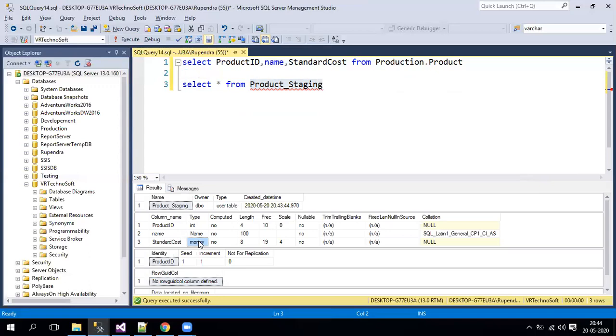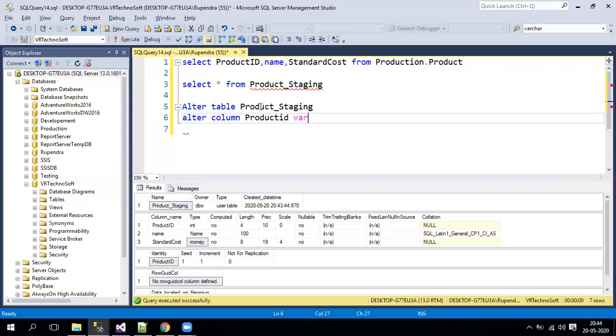So I'll go and alter it by using the alter statement. So alter table, my table name, and then alter my column. My column name is product ID.